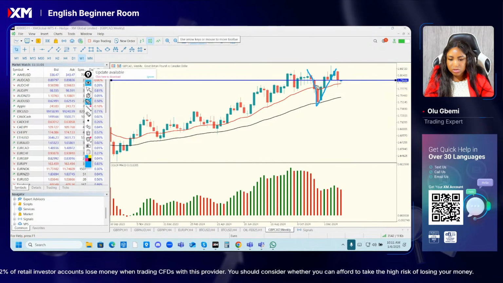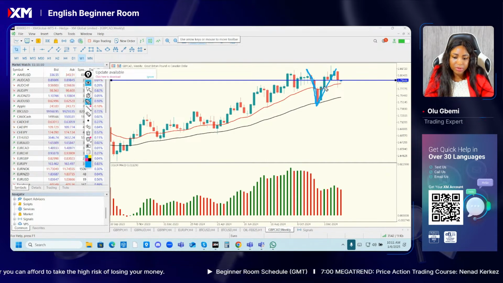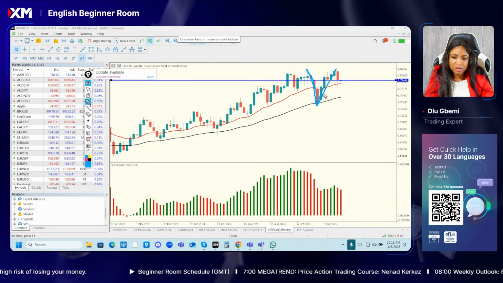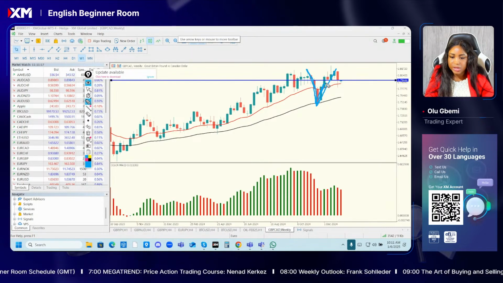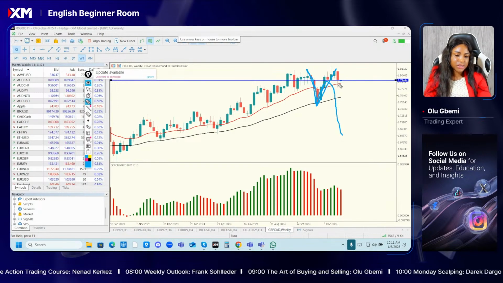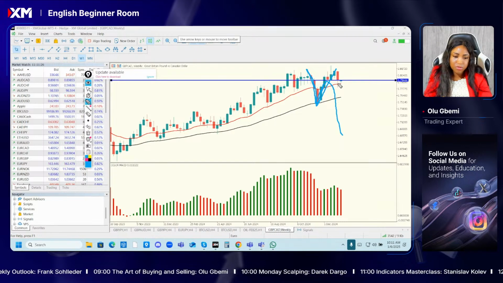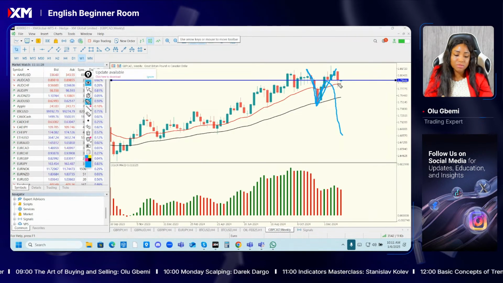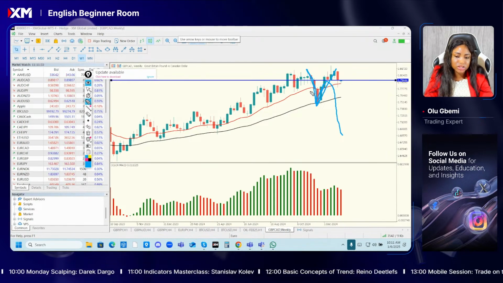Normally, if this is going to continue as a downtrend, this is what I would expect. As it pushes down like this, if there's going to be any move to the upside, it should be like a pullback, all right? I'll be expecting that the price just makes a little bit of high and then it starts to go down again. In that case, I'll be expecting to see characteristics of a downtrend where we have a lower high form and then a lower low to help me confirm that this trend is changing, moving away from uptrend into a downtrend.